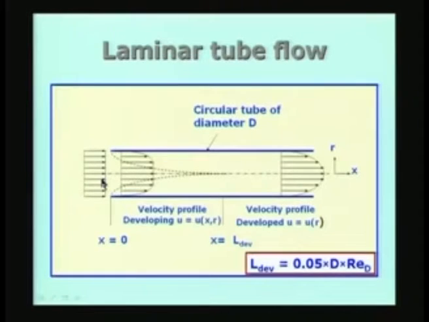The fluid is coming from some tank or some source or some reservoir, and we will assume for the present that it is entering the tube with a uniform velocity as shown here. So the velocity is uniform as shown here. As it moves through the tube, because of viscosity, the velocity of the fluid just in contact with the circular tube, which itself is stationary, is also equal to 0, as you can see here.